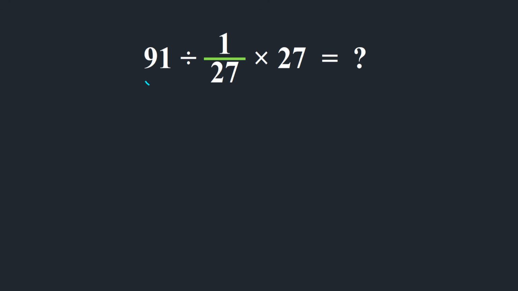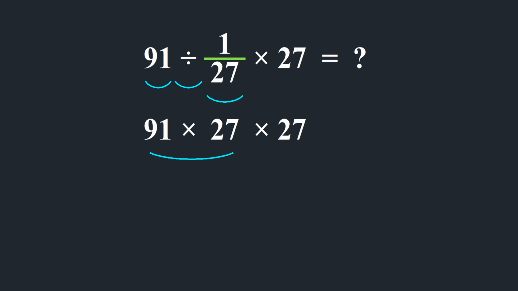91 divided by 1 over 27. To do this division, write down the 91, change the division to multiplication, and flip this fraction to 27 over 1, which gives 27. And here again we have times 27. 91 times 27 gives us